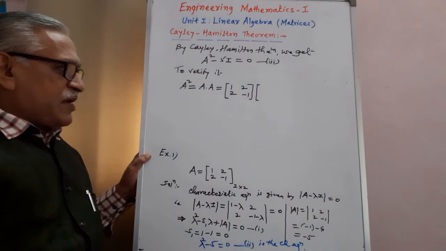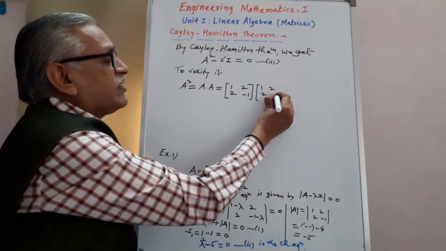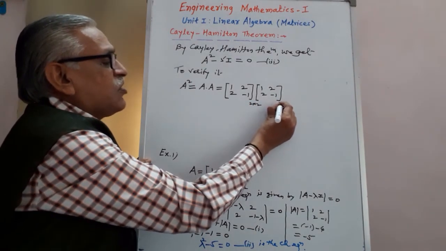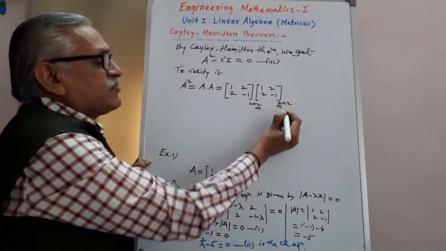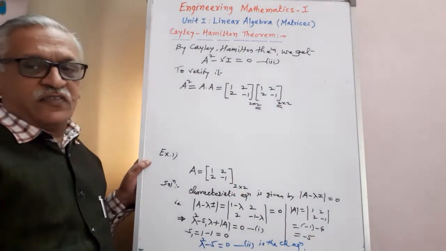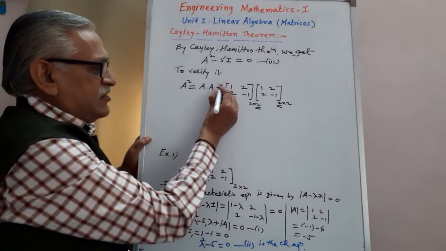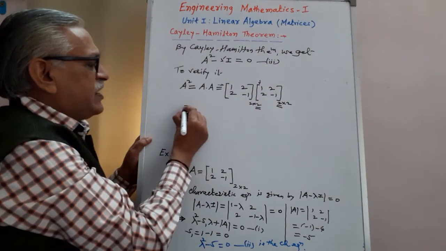And this term is multiplied by the same matrix, that is [1, 2; 2, -1]. The order of this matrix is 2 by 2, and the order of the other matrix is also 2 by 2. The number of columns of the first is equal to the number of rows of the second, and that's why matrix multiplication is possible. Then we apply that technique. We have to multiply row by column, and therefore we get